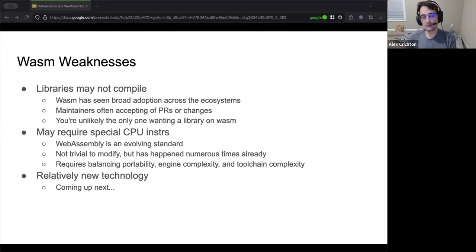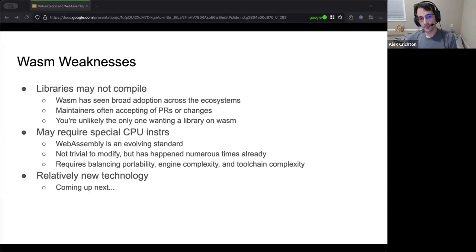The other aspect is CPU instructions, extra SIMD things, fancy SIMD instructions. It's a difficult process to change the WebAssembly standard, but it has happened. We've added SIMD, stack switching has been added, exception handling has been added, garbage collection has been added. This needs to be balanced with how complex it is for both producer toolchains and engines and web browsers and all that fun stuff. So there's a lot to balance there. It's not an easy thing to do, but it is happening as this widely agreed upon standard. You're not the only one interested in pushing this forward.